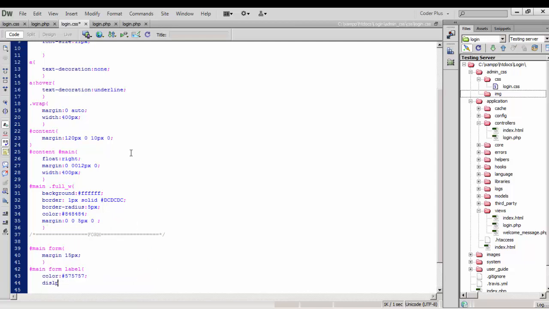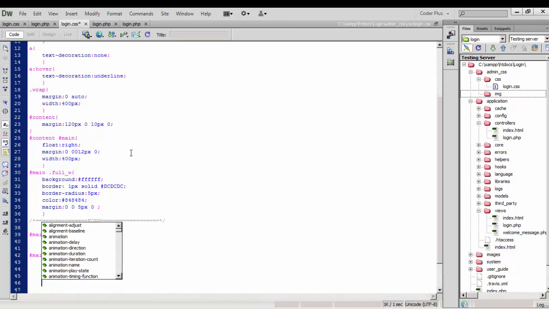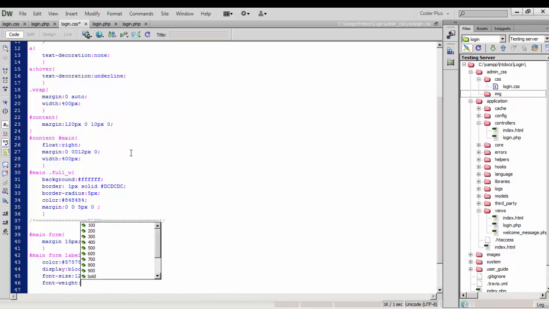Display block, font size 5 pixel, font weight bold,